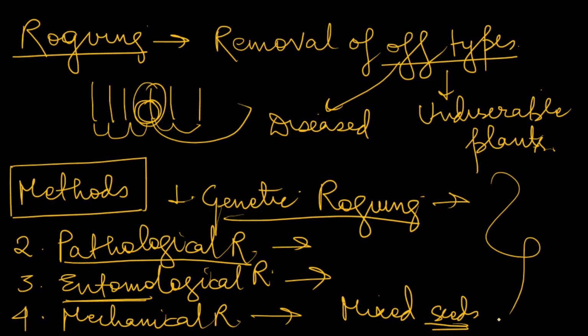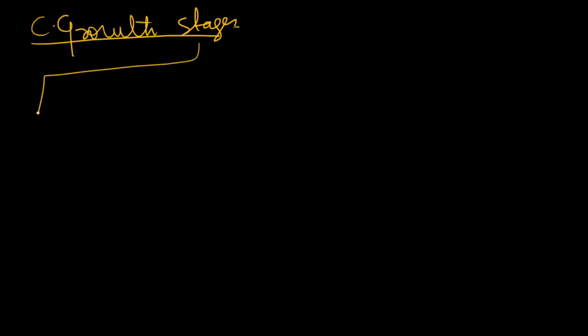You can also mention another basis of rugging, that is, based on growth stages. These methods are on the basis of purpose. The other methods can be mentioned on the basis of crop growth stages. So here we can define rugging, and you can classify methods of rugging on the basis